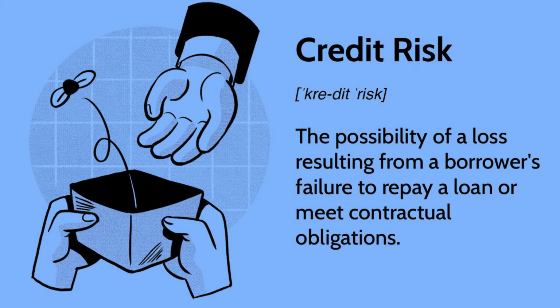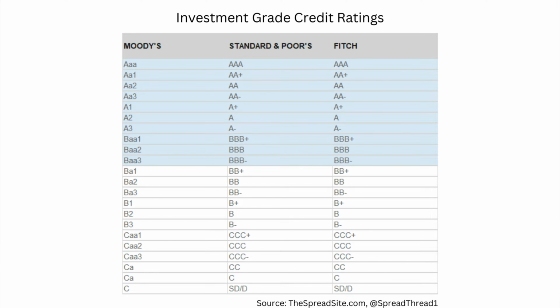The second risk that we'll discuss is credit risk. This has to do with the creditworthiness of the company that you're loaning your money to. That is essentially what you're doing with a bond. You're loaning your money to a company. In return, they're going to make interest payments or coupon payments to you and return your principal when the bond matures. That's what it's supposed to be. But there is a credit risk here, particularly if you are dealing with junk bonds. Depending on the type of corporate bond you have purchased, you face an increased credit risk.